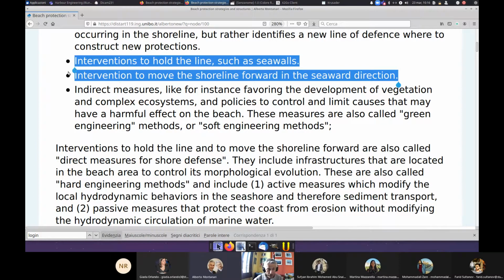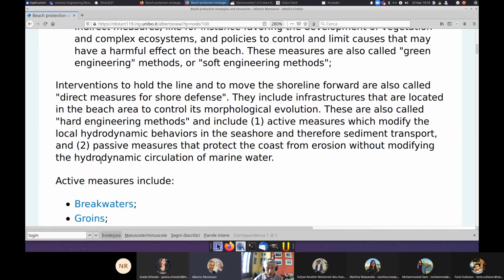Okay, so these direct measures include infrastructures, and they can be divided in 2 more categories: active measures, which modify local hydrodynamics, and passive measures, which basically protect the coast from erosion without modifying the local hydrodynamics. Let me give you